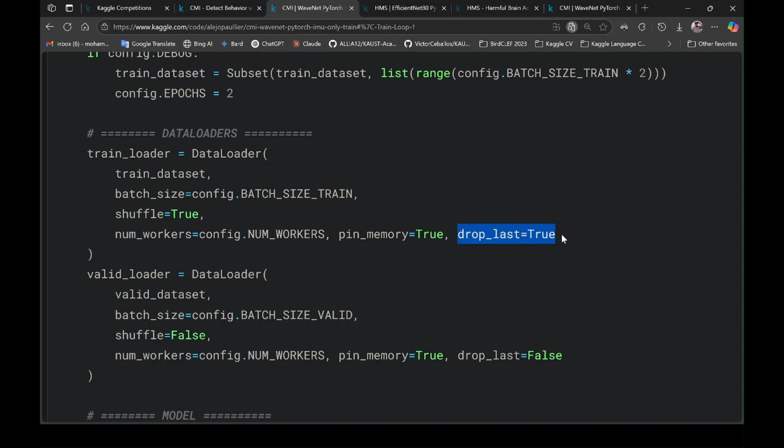Drop last is for when you have a batch size, assume you have 65 samples and the batch size is 32. The first batch will have how many samples? The second? The third will have 1. This sometimes makes problems. So when you say drop last, it drops this one that has only 1. If it doesn't accumulate to 32, drop it. Clear? So here we don't do that with the validation because we don't want to drop samples from